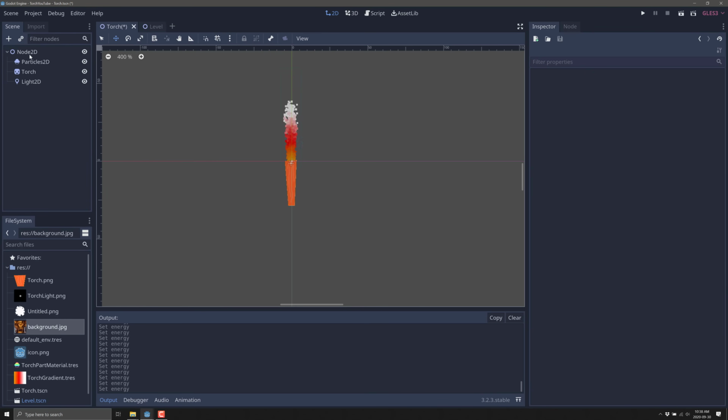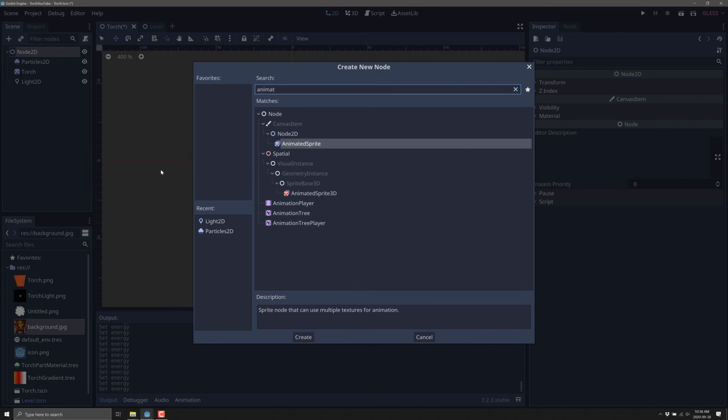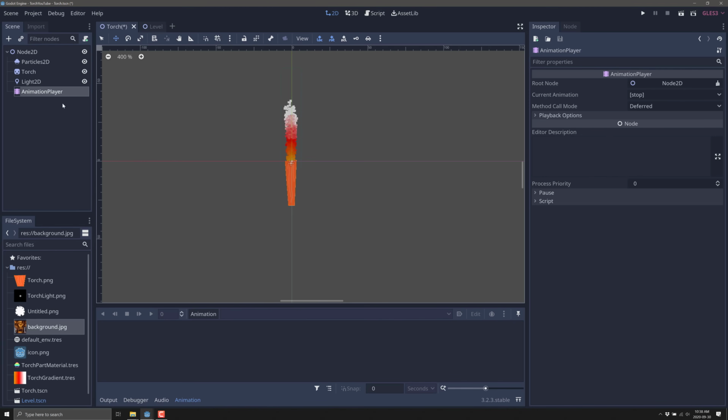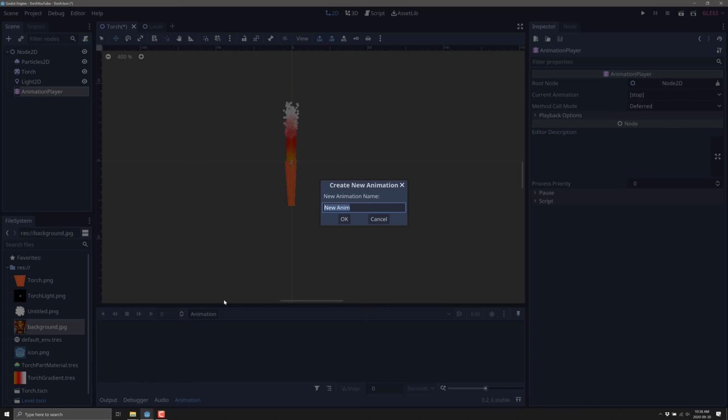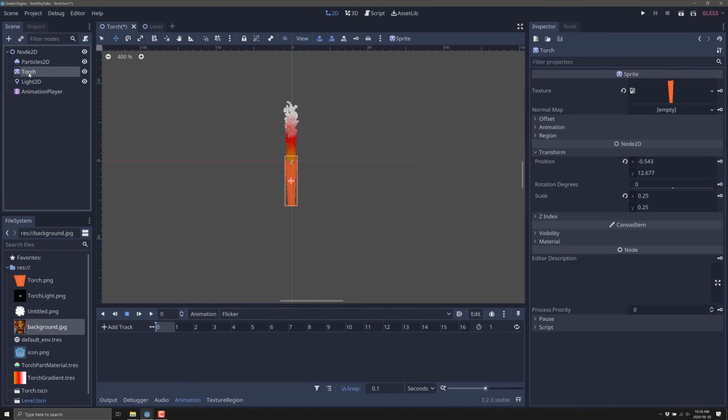But what we are going to do, let's come up here. We're going to go ahead and add an animation player like so. All right, so now we can animate things in the scene. We're going to go ahead and create a new one. So new animation, we'll call this flicker. All right, so now we're going to select our torch. We'll add a track. So we can do it automatically over here. And anything that can be animated as long as it's got a little key beside it.